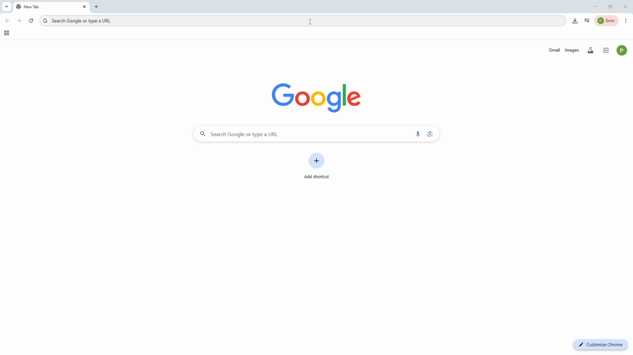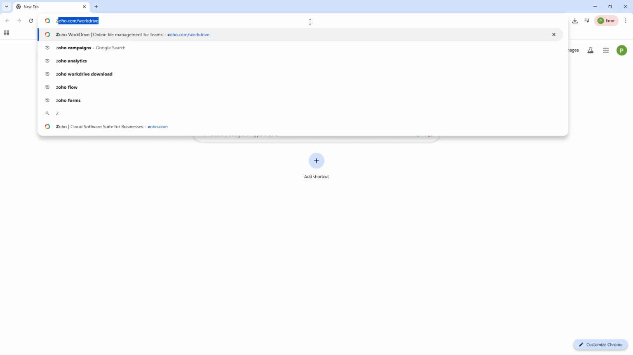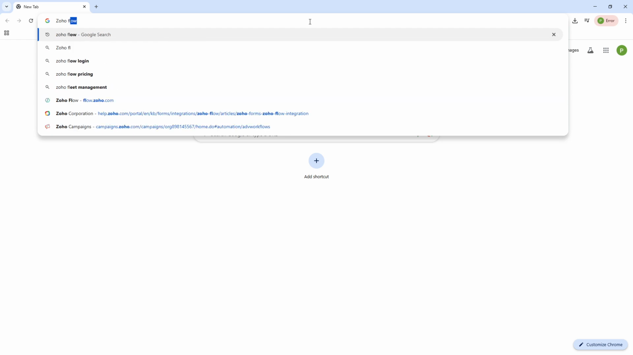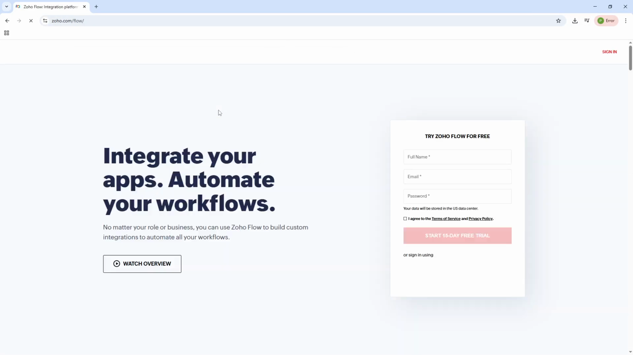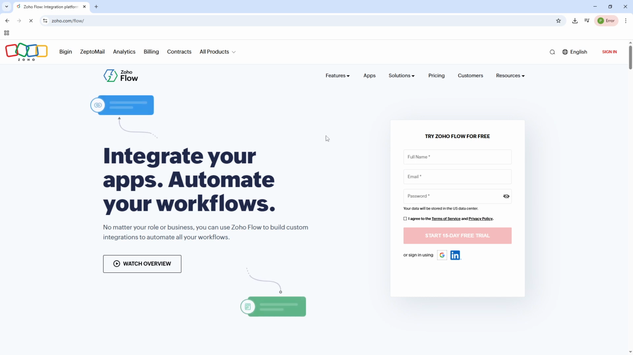To begin, navigate to the Zoho Flow homepage. Once there, you'll notice a Sign In button located at the upper right corner of the screen. Go ahead and click on that. This will direct you to the login page where you'll be prompted to enter your Zoho credentials, namely your email